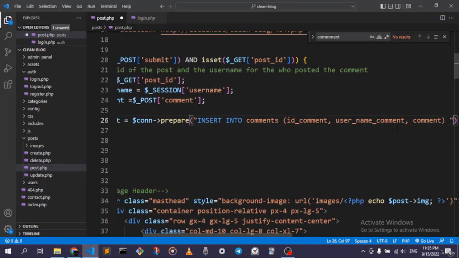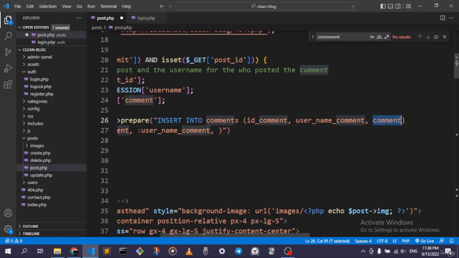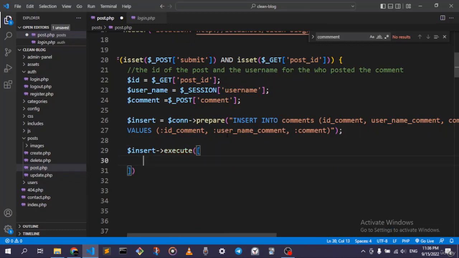All right, now we need to go like this, values, and these are going to be the handlers as we're doing for every one of our own inserts, right? We need to take advantage of our own handlers because we're using prepare, because it will filter our data and it will clean it up. All right, so basically the query is done. We go ahead right now and insert, execute, and we take our own handlers,